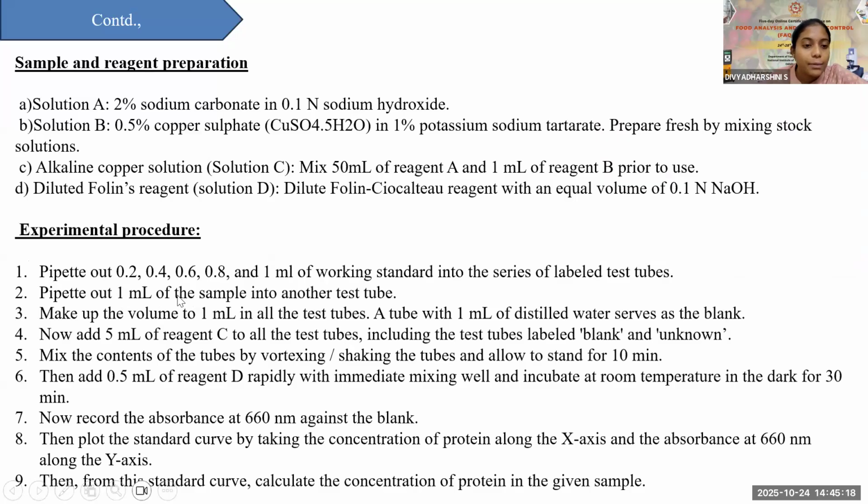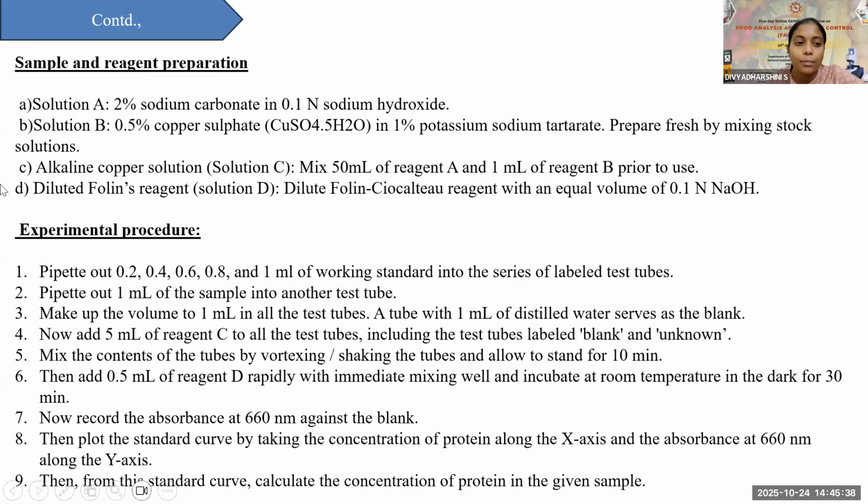Then I have taken 1 ml of the sample for another test tubes also, making that to 1 ml in all the test tubes. For example, if I am taking 0.2 ml, I have to make it to 1 ml, right? So we have to use 0.8 ml of distilled water. Then adding 5 ml of reagent C to all the test tubes, including the test tube which is